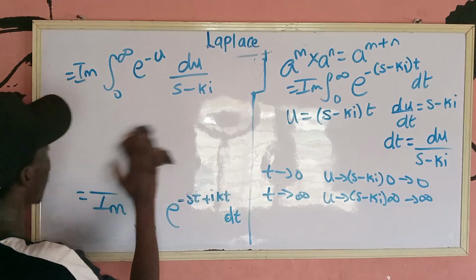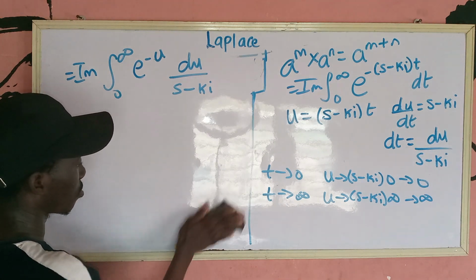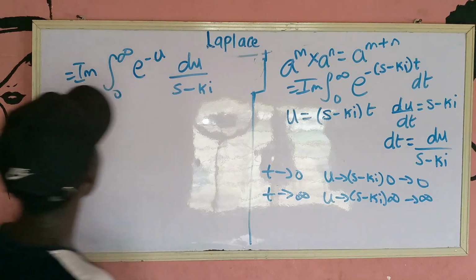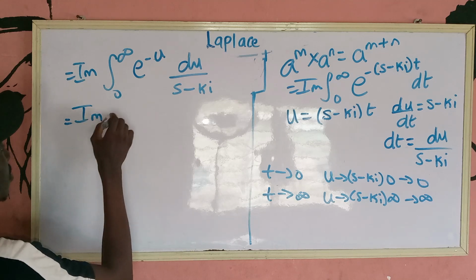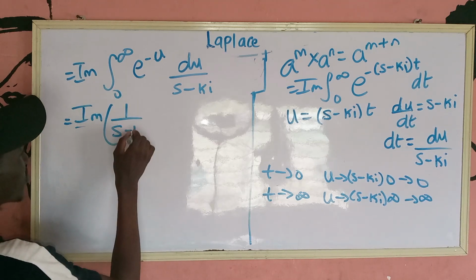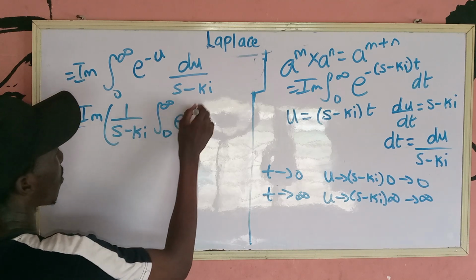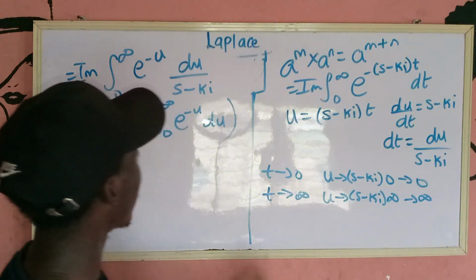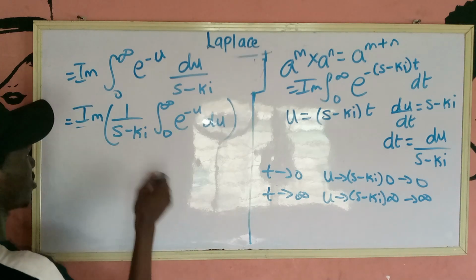That's what that becomes. So I can bring this part outside, 1 over s minus ki, and I'll have infinity and 0. And in the last video, we did this, that the integral of this